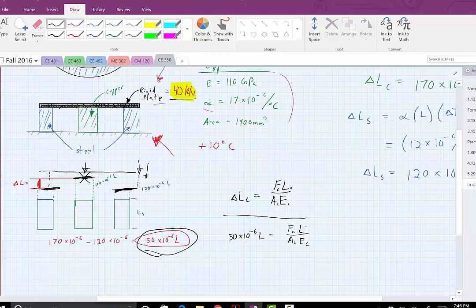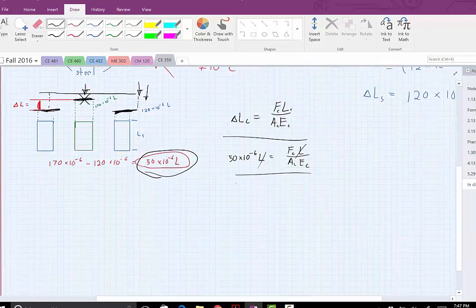Dividing our L's out from both sides, those cancel. Because the area and the modulus of elasticity are known, we can solve this and find that the force applied to the copper is going to equal